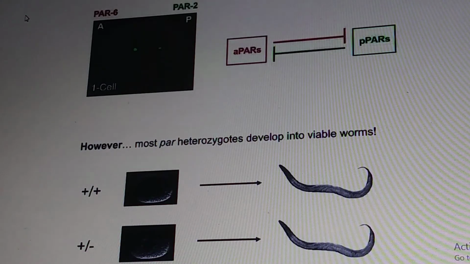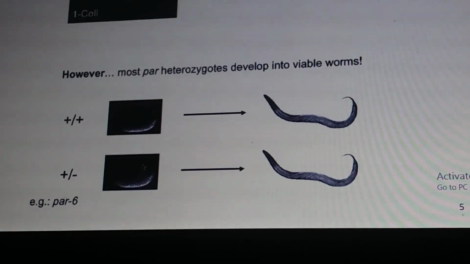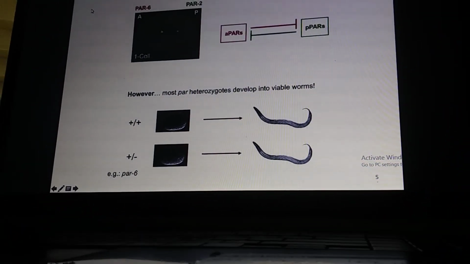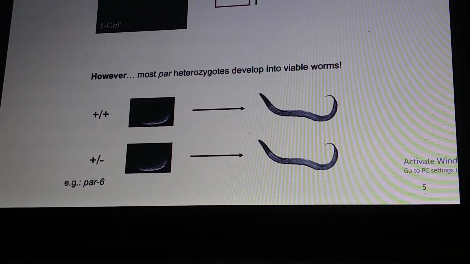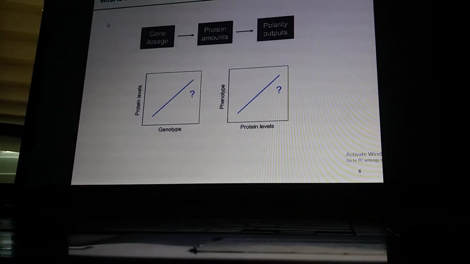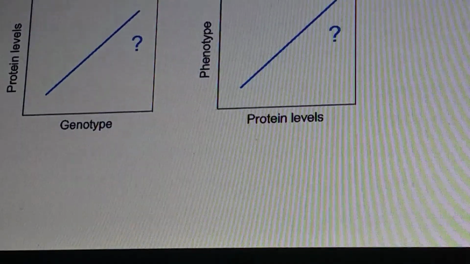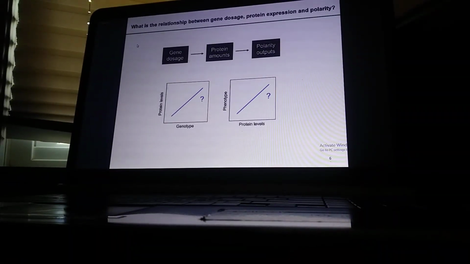However, it's been established for decades now that a lot of these PAR genes are actually haplosufficient. So a lot of these PAR heterozygous embryos can develop quite nicely into viable worms. An example is the gene PAR-6. Embryos that contain a single functional copy of this gene can develop quite nicely into a viable animal. And so this really prompted me to get a good understanding of how gene dosage actually relates to protein expression,